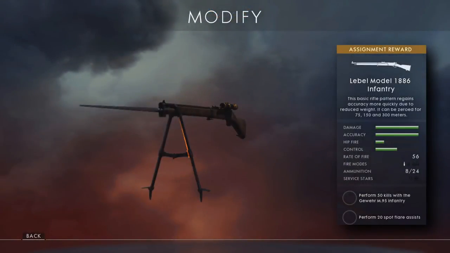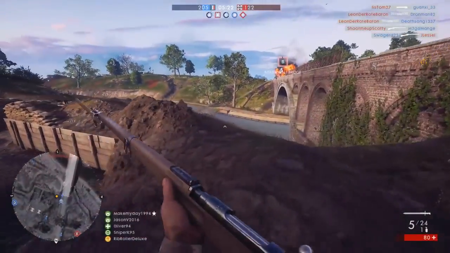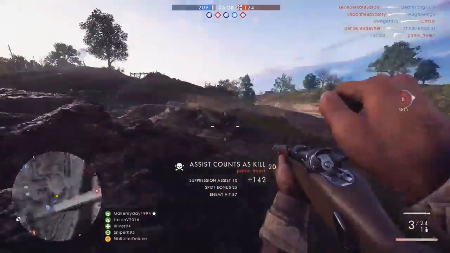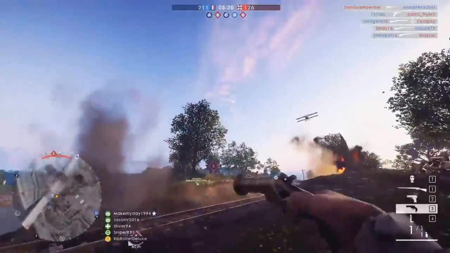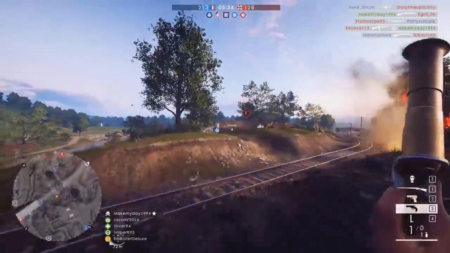And that leaves us with our final primary weapon unlock, the Lebel Model 1886 for the Scout class. I wonder how many variants this one has. Yep, you guessed it, 2, Infantry and Sniper. If you want the infantry version, you need to get 50 kills with the Gewehr M95 Infantry and 20 spot flare assists. Firstly, the M95 Infantry is actually a really nice weapon to use, probably my second favourite scout weapon